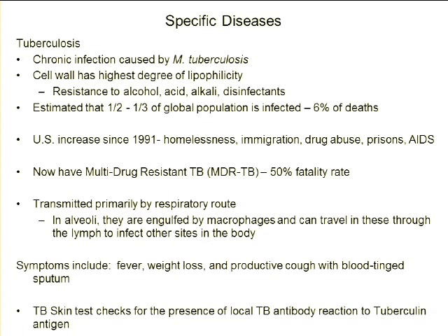Okay. All right. The TB skin test, which you guys all have to come to school here on an annual basis, checks for the presence of the local TB antibody. Okay, so this skin test is checking for that person if they have any antibodies against tuberculin, which is the antigen that the TB organism expresses. So tuberculin is an antigen. When we do the TB skin test, we're going to be checking for an antibody that your body has made against that antigen. I'll talk more about this in a minute.